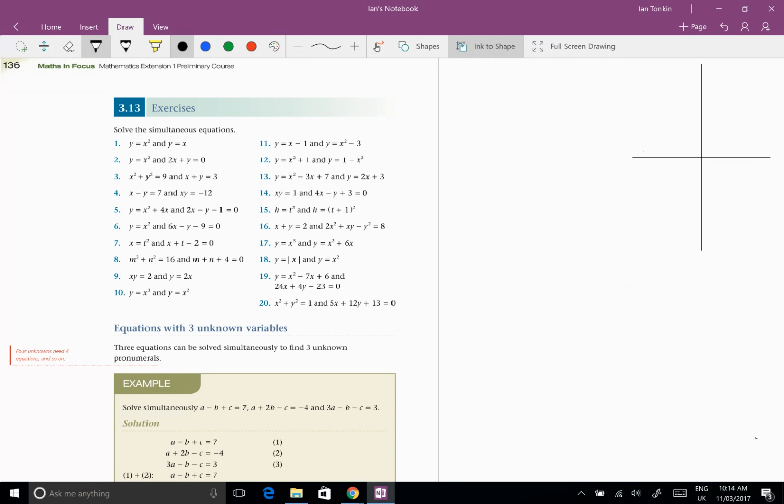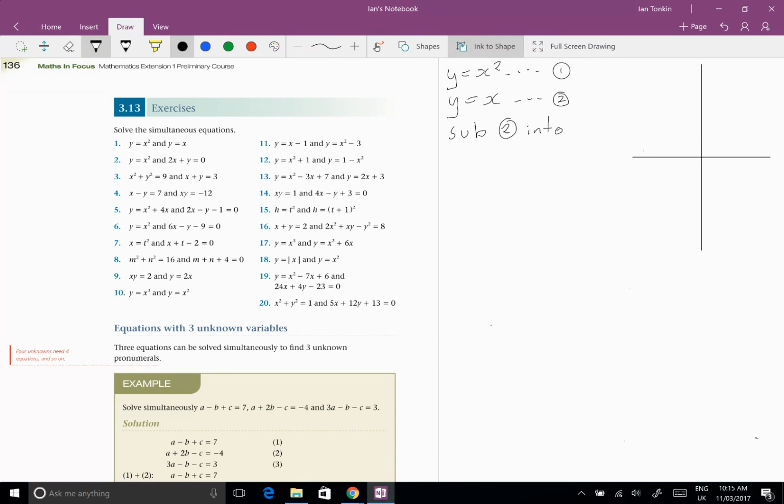Let's start with the first one, and we'll start with y equals x squared. We'll call that equation number 1. Now remember, it's important to show your working so that if it's in an assessment or examinable, the person marking it will understand what you're doing. And the second equation we'll call equation number 2, which is y equals x, and we'll sub 2